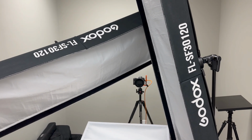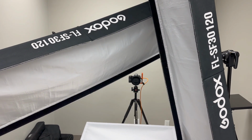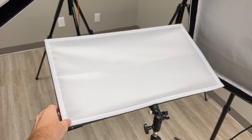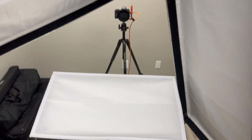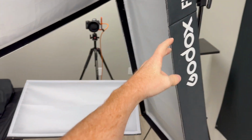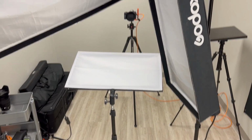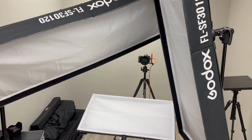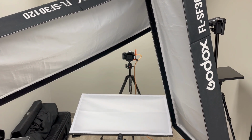And then back when I got these, Godox didn't have the right size that I was looking for the bottom of the triangle. So this is just a Neewer flexible LED light. It's about 1x2, but Godox has one now that matches this. So I might actually upgrade and get the bottom light that's the same brand. The light on them matches pretty closely, but if you're just getting into the system, you should get all three the same brand just to absolutely make sure of that. But anyways,